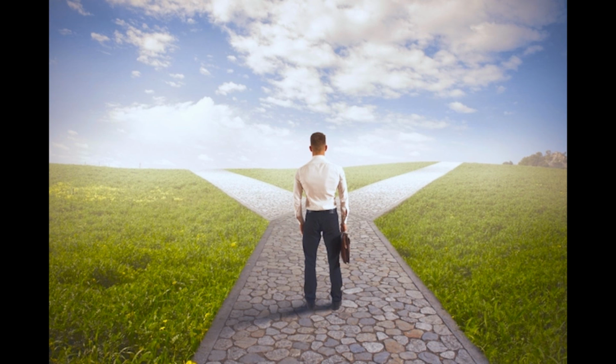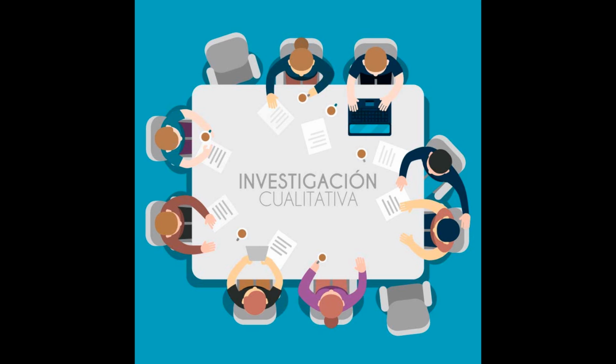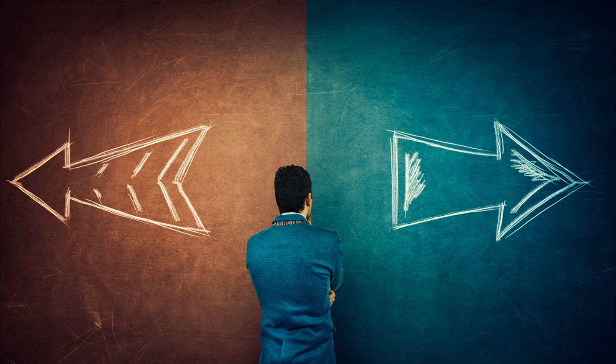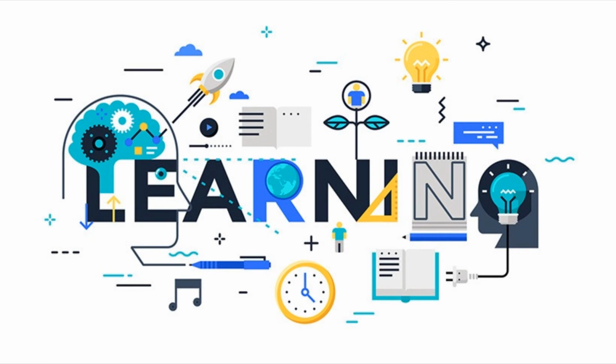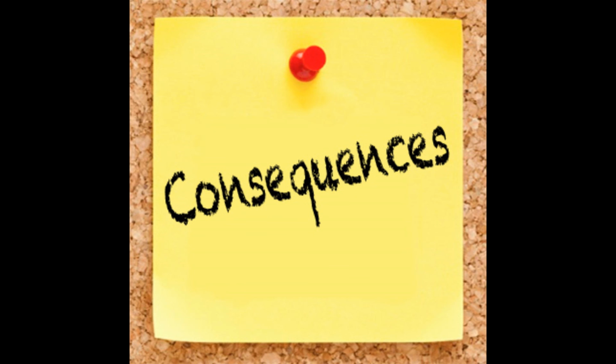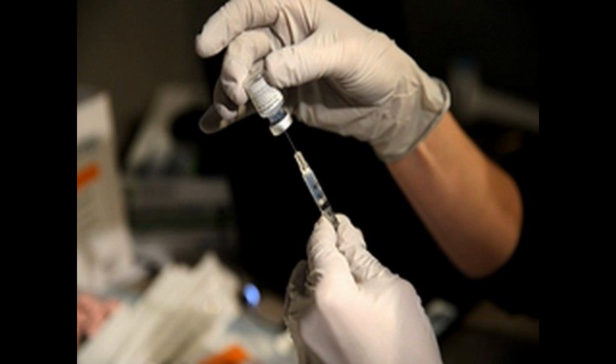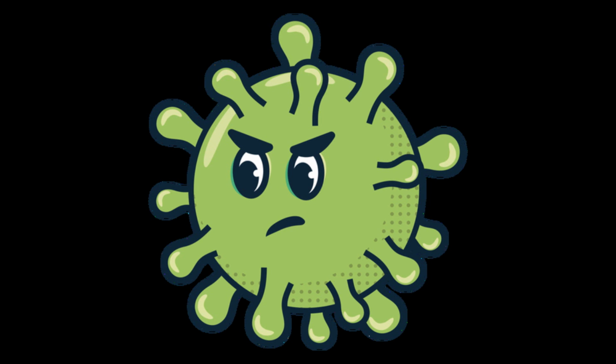With well-identified paths, it is possible to imagine the results, not only in terms of numbers, costs or profits, but also in qualitative aspects such as image, effort, or satisfaction. Each decision involves learning. Even if the results were not as expected, it is possible to learn from mistakes to not repeat them. The consequence of implementing the best alternative for Mexico is that the Mexican health authorities already have the vaccination plan against the coronavirus in the country.